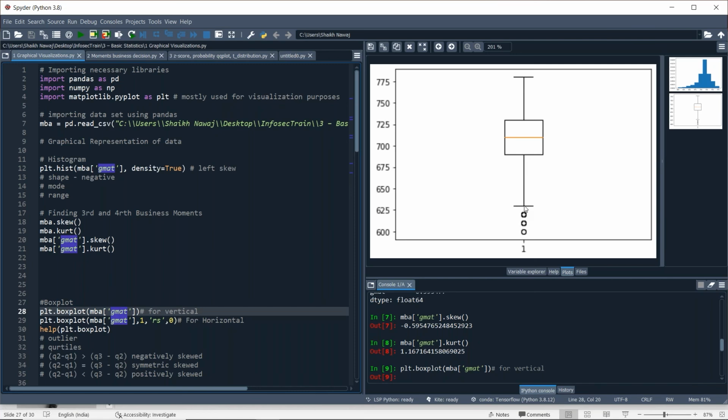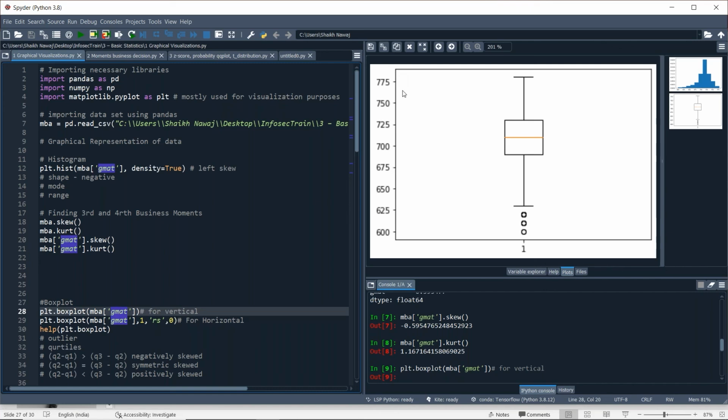97.5% of the observations lie between this range, about 630 to 780.